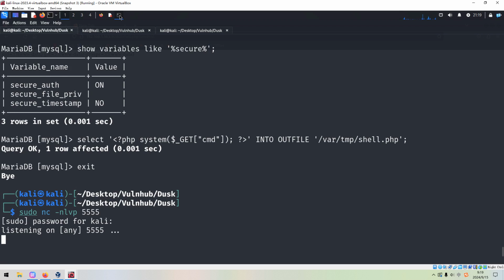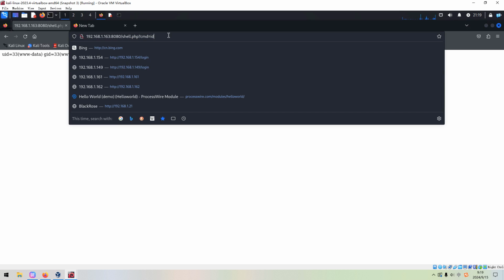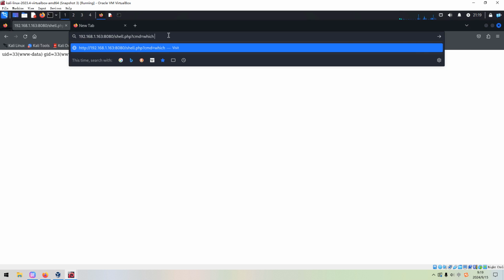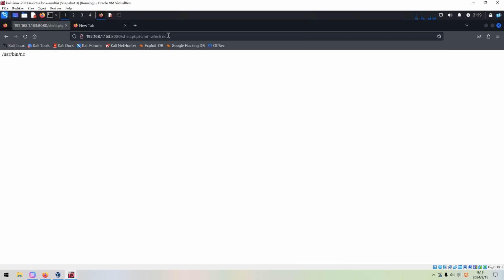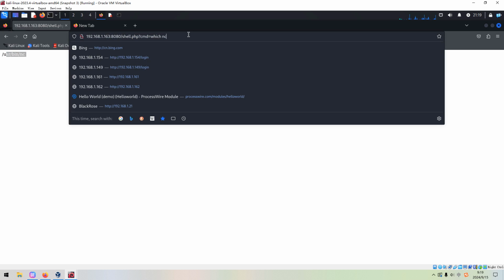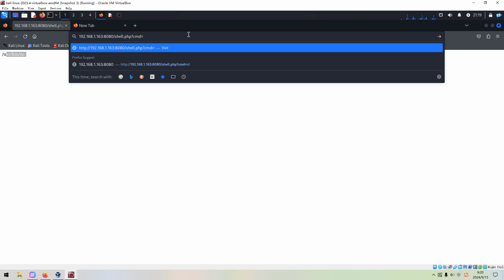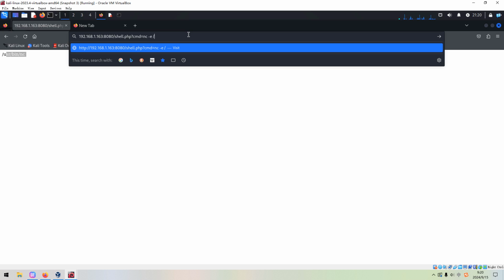So next, we can run a command, and next we can check the netcat, because this is the easiest way to get the reverse shell. The netcat is there. So next we can run netcat, execute bash.